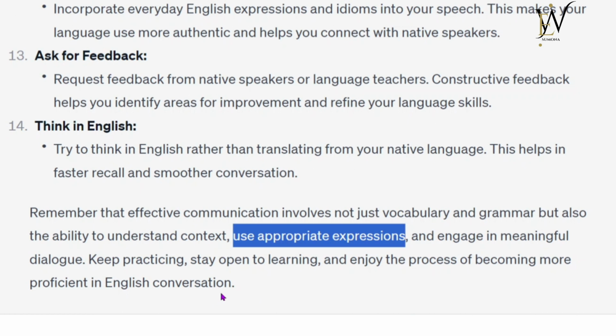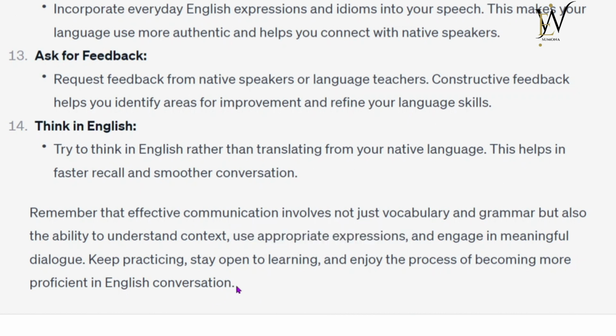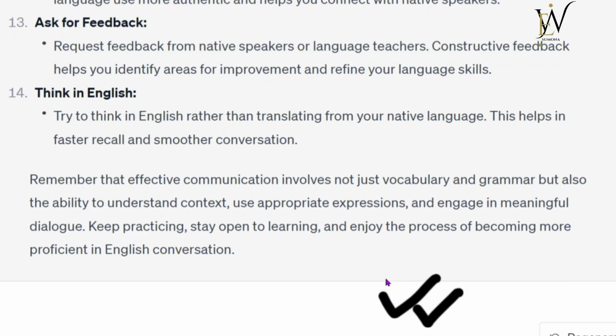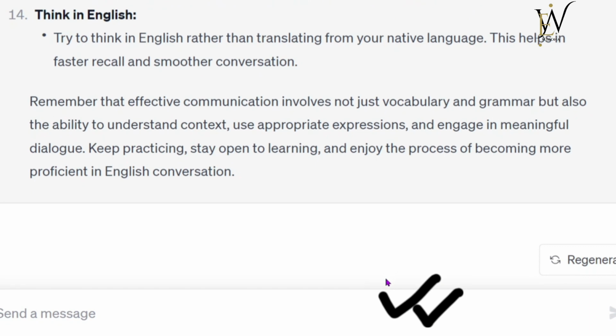I think you noticed they recommended a significant number of points, which are preconditions for learning the English language. So we have to focus on those kinds of topics, and you can search them in your ChatGPT. How can you improve your English language? How can you practice daily? This is all about today's lesson. I tried to show you how important ChatGPT is and how we can improve our English conversation by using it.